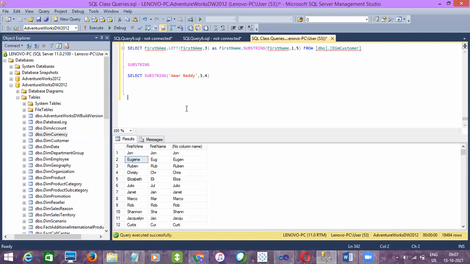Any topic we are discussing here depends on the project scenario, and you will use it accordingly. Even the default constraint, you may use or you may not use. I did not use the default constraint, because my scenario is not to insert default values into a table. Since that option is there, I am teaching you.